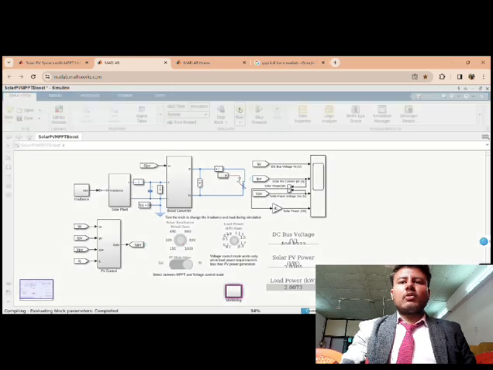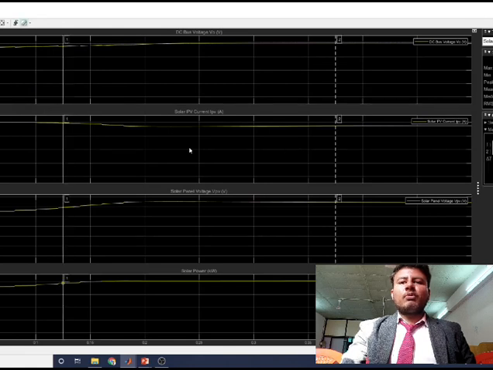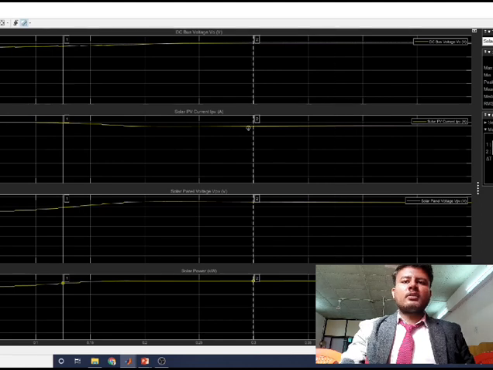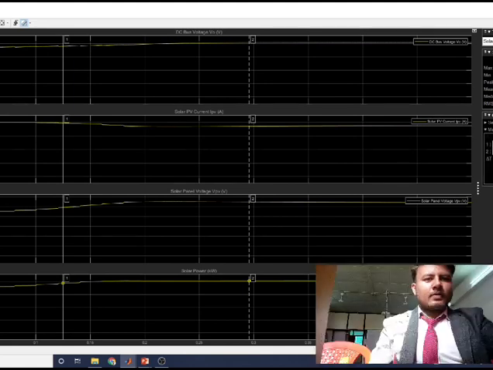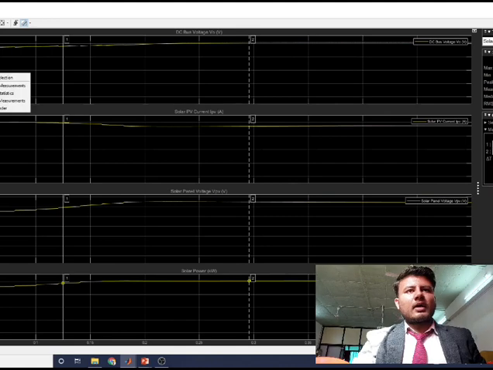The voltage control mode works only on the load required in the PV generator, and we had given a switch here, MPP voltage and voltage control mode, and here at the corner it shows the DC bus voltage, solar PV and load power, and these are the graphs of our project. Graphs are DC bus voltage, solar PV current, solar panel voltage and solar power.